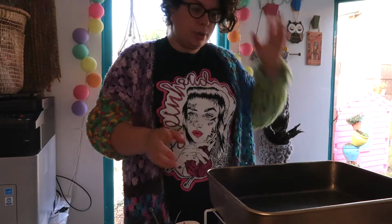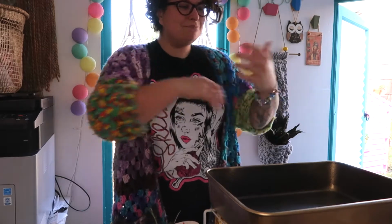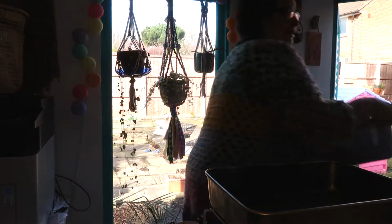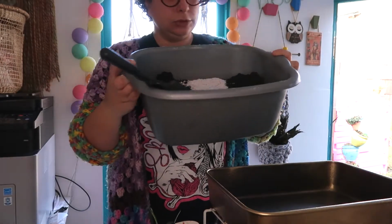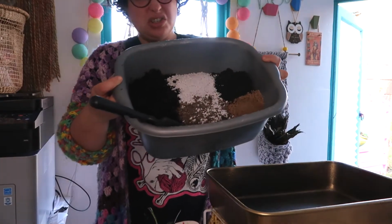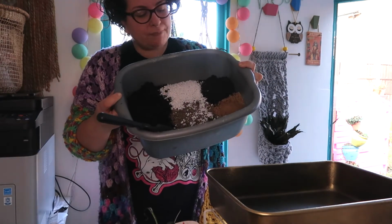Okay, so next up, soil. Succulents and alpines don't need massively nutrient-rich soil, they want something quite gritty, something that's going to drain quite easily, and they've got these drainage holes now where the water can go through. So I've plated up a mix. Oh, you can't really see now, I've tipped it, but I've got a third any generic peat-free compost, a third perlite,